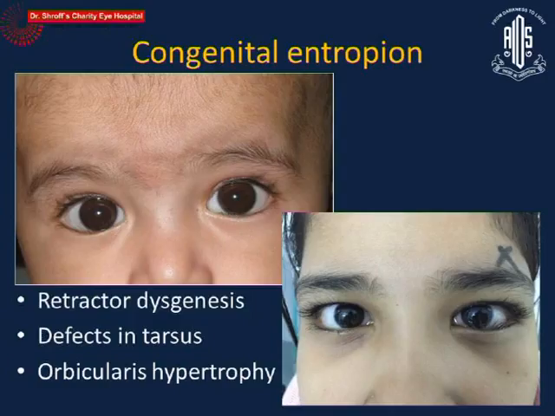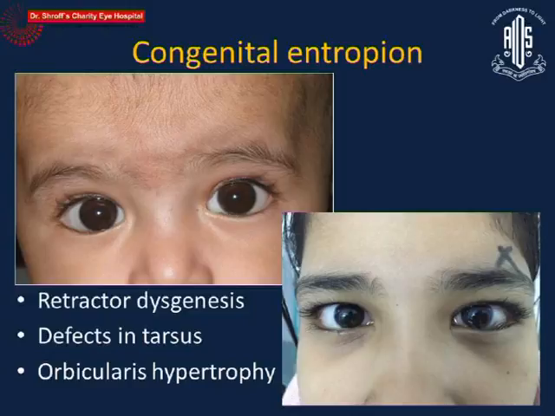I'll start with the congenital entropion, which is probably the commonest one that we see. It can range from a mild form like this, where the eyelashes are just turned inside, but they're not really rubbing on the cornea or causing any functional problem. But sometimes it can be severe like this, where this was a slightly older child, in fact, who had come with this problem of watering from the eyes. She has a severe entropion, and some of the lashes are even touching the cornea in the primary gaze also.